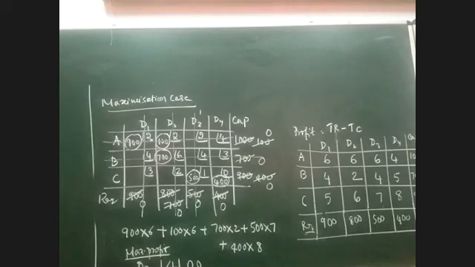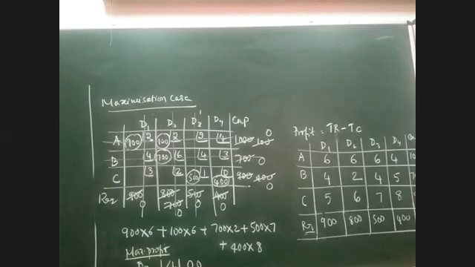Did you all understand this section clearly? Yes, sir. Okay. So what are the important changes here? What is the first thing that we did? Convert the maximization problem to minimization. So how do we convert maximization to minimization? By taking the highest value and subtracting the entire table from it. And then once the table is ready, you can use any of the methods and solve the problem.